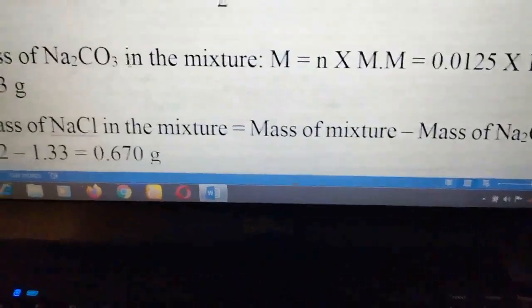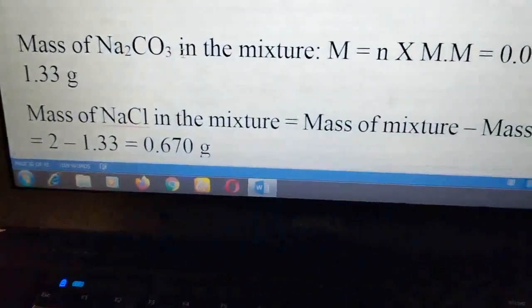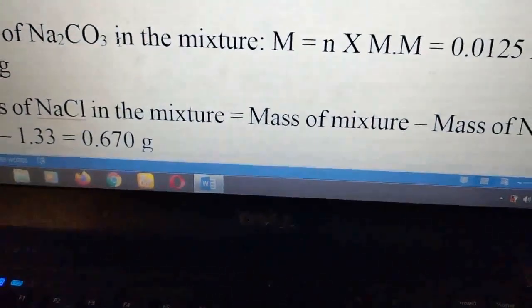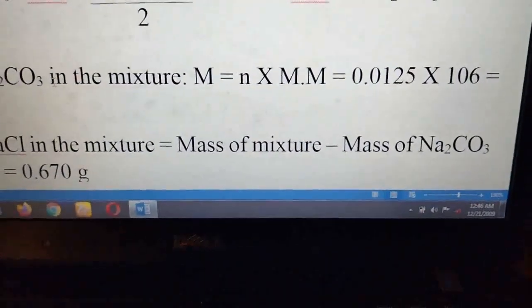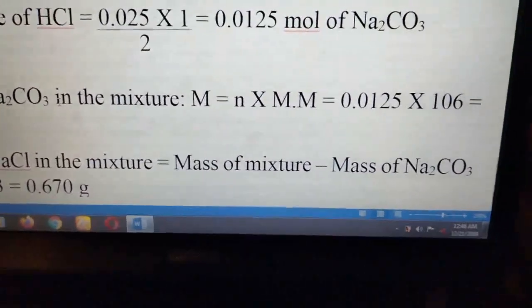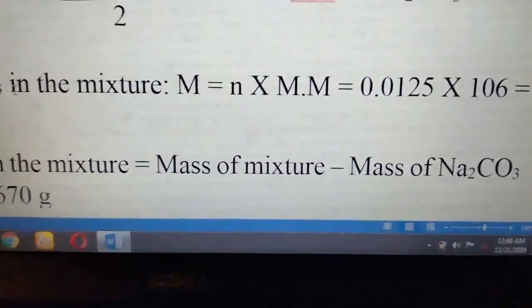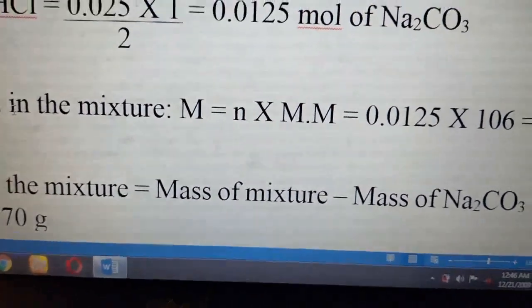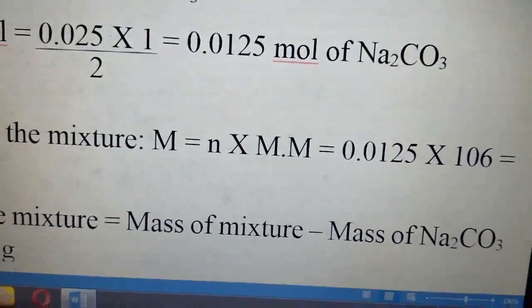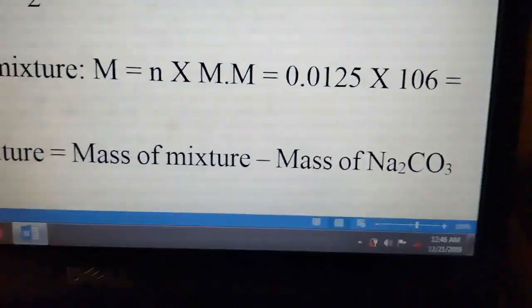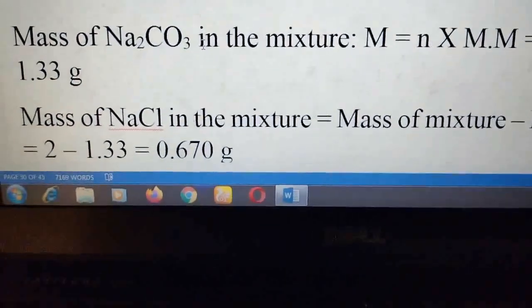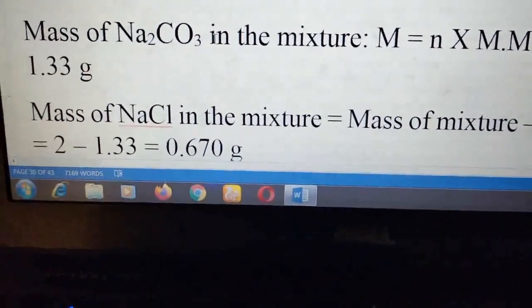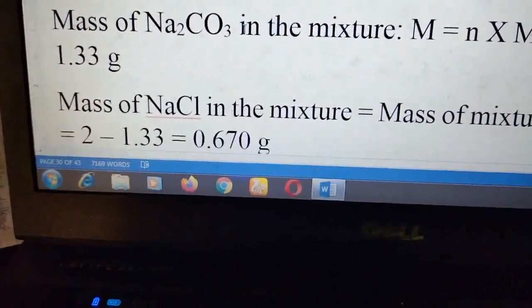We have to convert this mole now to mass. So the mass of carbonate in the mixture is again given by the formula mole times molar mass. Sodium carbonate is a compound, so we calculate the mass using mole times molar mass. And in the question, the molar mass of carbonate was given to us as 106. Make substitution, the mole of carbonate is 0.0125 times molar mass 106, and that gives us 1.33 grams of sodium carbonate in the mixture. So this is the mass of carbonate that reacted, and that's the mass of carbonate in